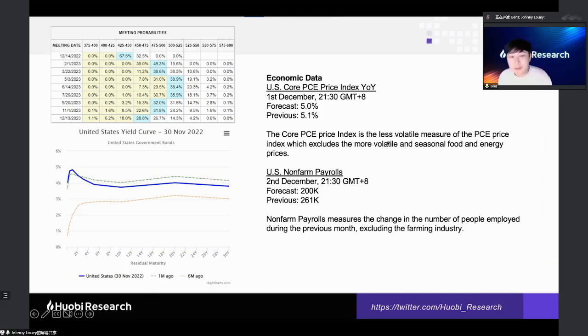The US yield curve right now is more inverted compared to 1 month ago. So we are talking about yield curve inversion way back. When the yield curve is inverted, it's sort of a signal for recession 10 to 12 months down the road, somewhere within that line. It's not a hard rule, but according to the historical performance of the market, this is how the market reacts, because a high short-term interest rate means the market is not confident with the US economy in the short term.